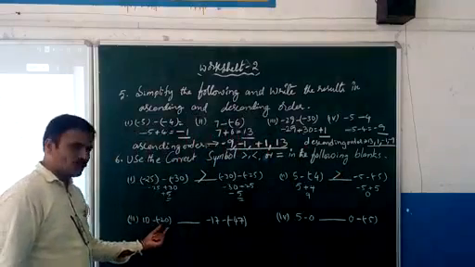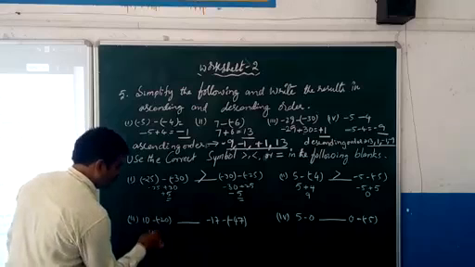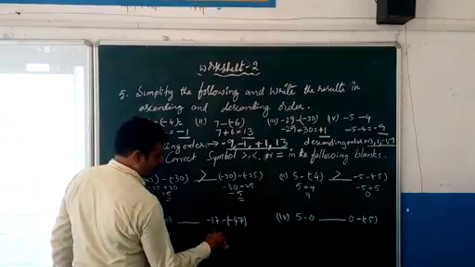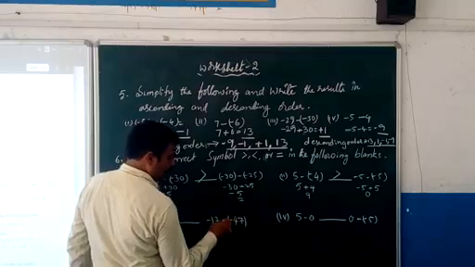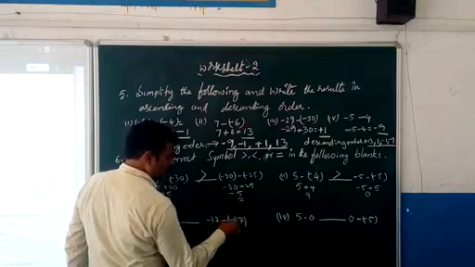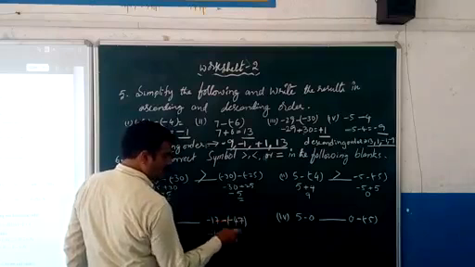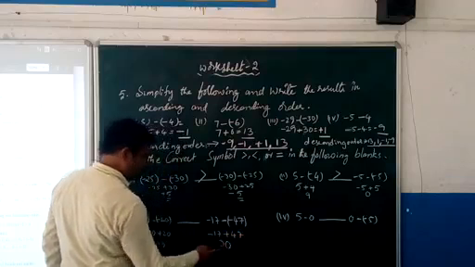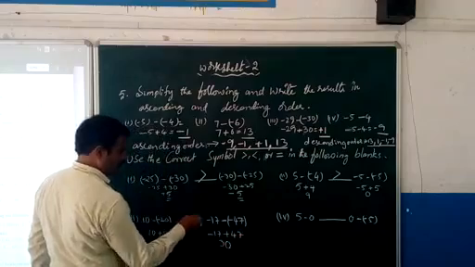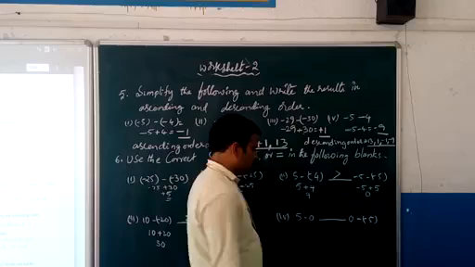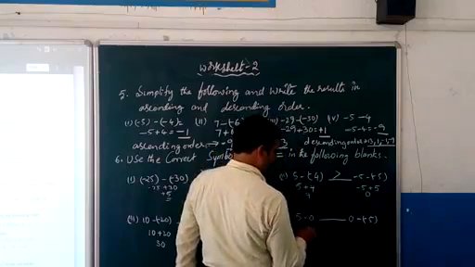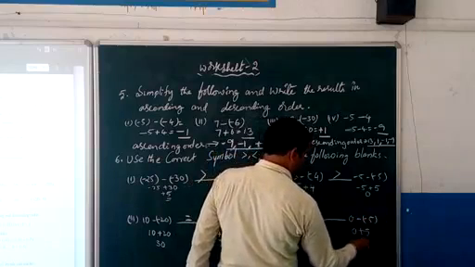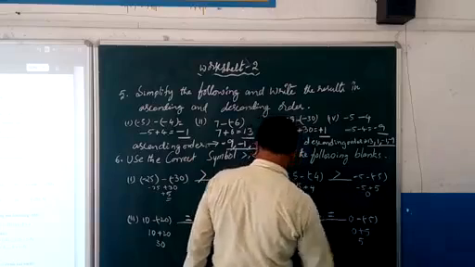10 minus 20, so 10 plus 20 will become 30. Here minus 17, and the negative sign is there before the bracket, so it will change the sign of the internal value, that is plus 47, and this value is 30. So both of them are positive 30, so you can write equal to. 0. 5 minus 0 is 5. 0 minus of minus 5 is plus 5, and therefore this is also 5. So here you can write equal.